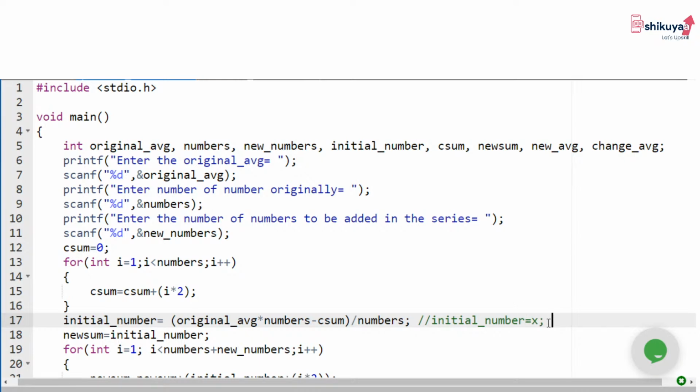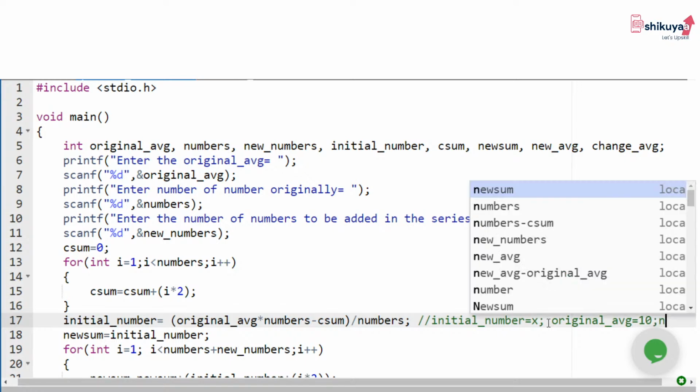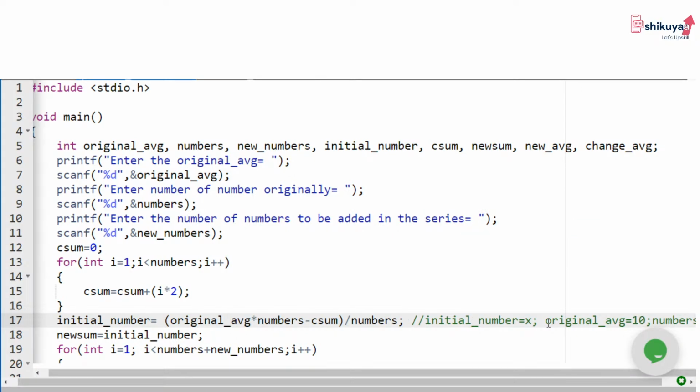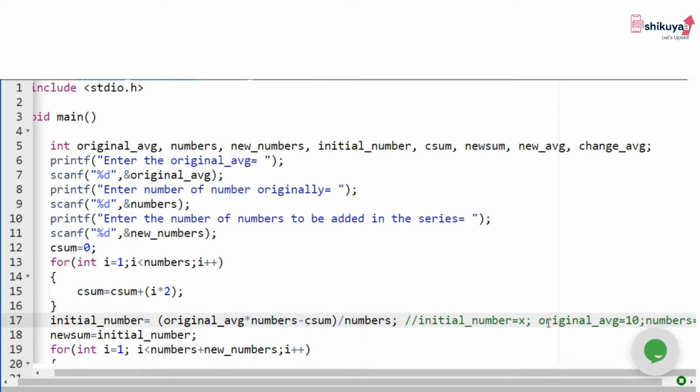After that, the original average, correct? Original average is equal to 10, that is given to us. Next is numbers, correct? Numbers that is given to us are 7, correct? So you will be able to understand what I am writing. So if I would go ahead with this,